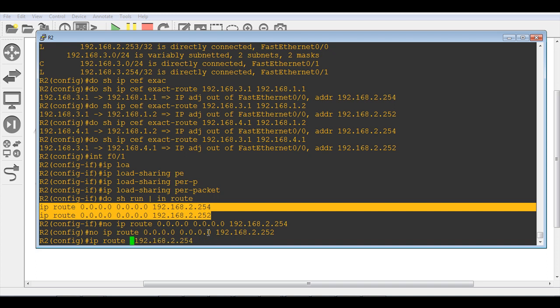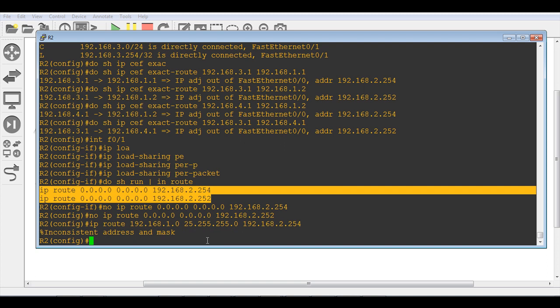So the network 192.168.1.0 with the mask of class C will be through the 254 address, and sorry, the mask is wrong here,